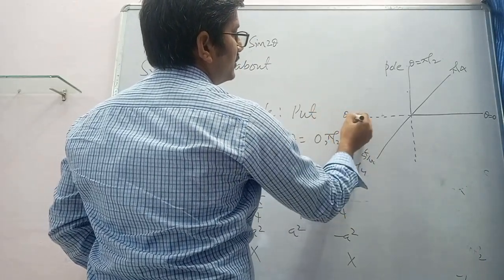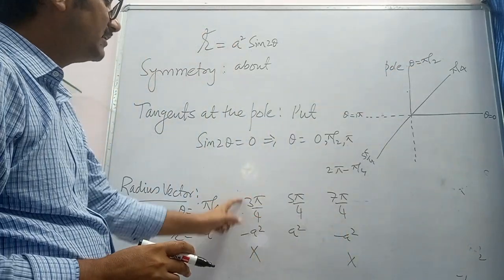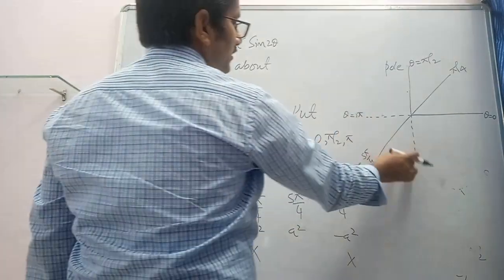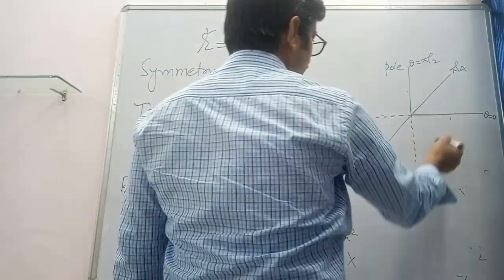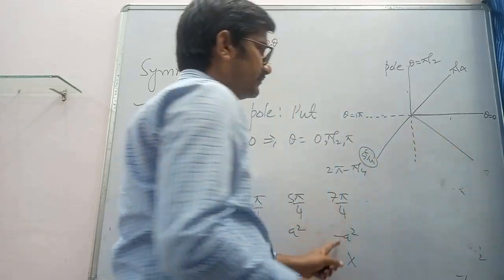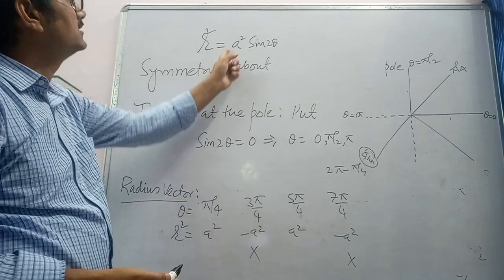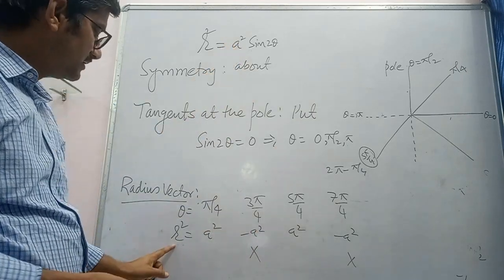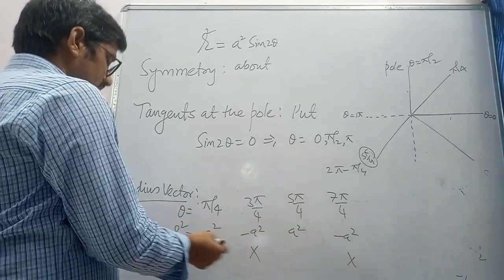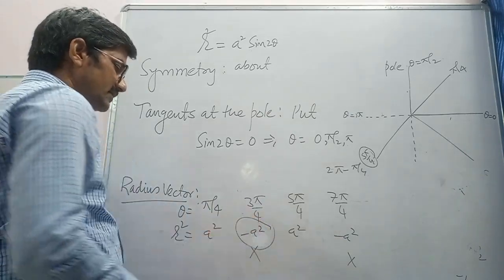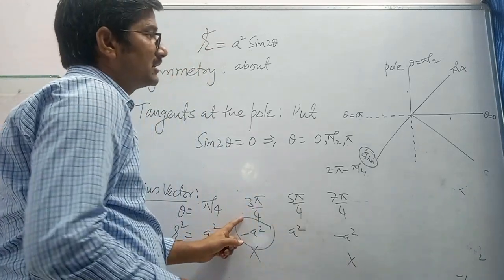Theta equal to pi and pi by 2, so this value will be 3 pi by 4, and similarly the mean of these two is 5 pi by 4, and then the mean of these two will be 7 pi by 4. So if we put these values of theta in this equation, r square will be positive, negative, positive and negative. So if r square is negative, r will be imaginary, so we have rejected these cases, means the curve will not lie